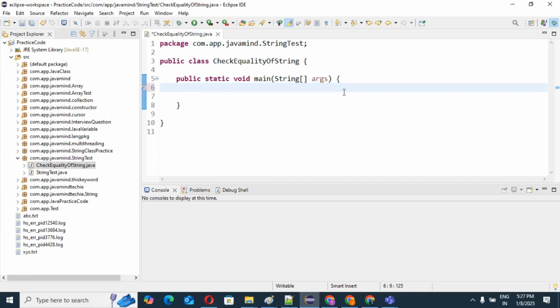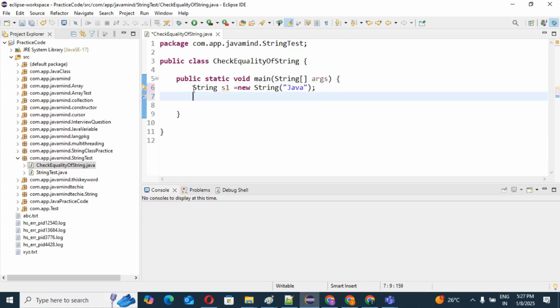So as I told you, first I will create a String object. String s1 equals new String, and I am going to pass one word, Java.